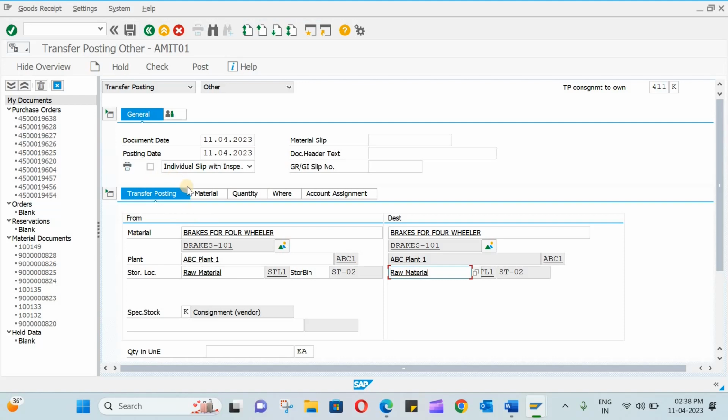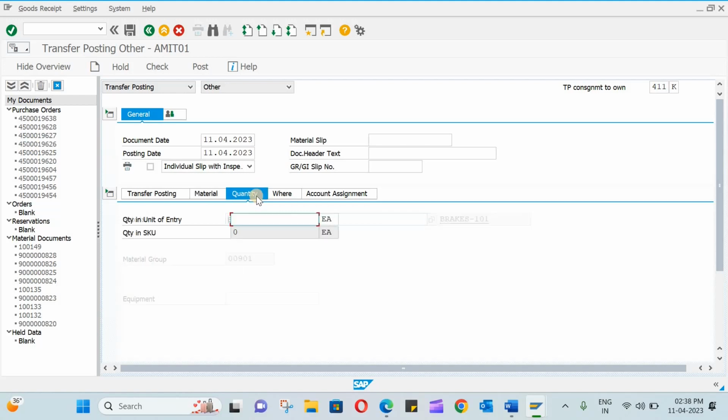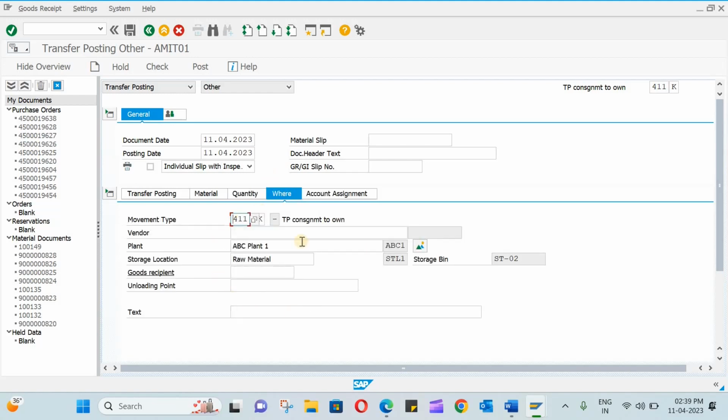So in this next tab, material, it will give you the information, then the quantity. So how many quantities you want. So out of 100, let me see, 20 I want to use it, and where do you want it. So already it's there, but you have to fill the vendor details here. So when dash 101,